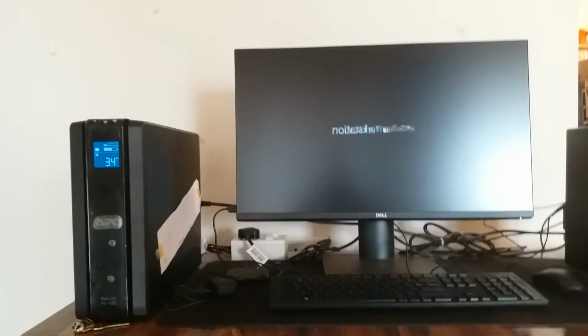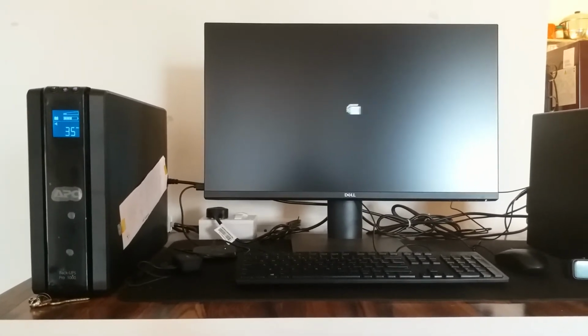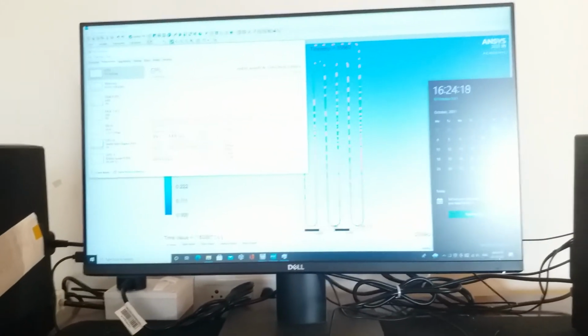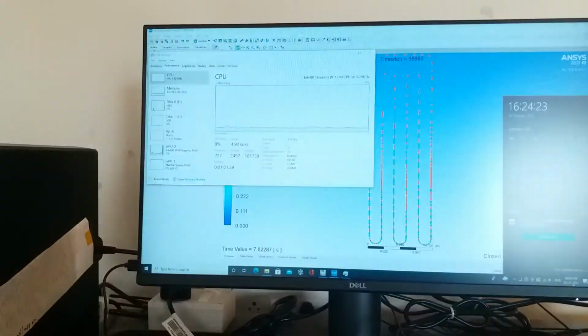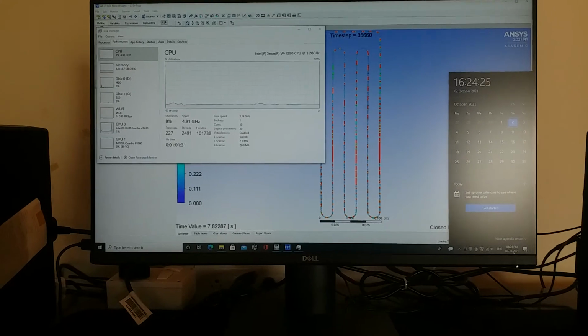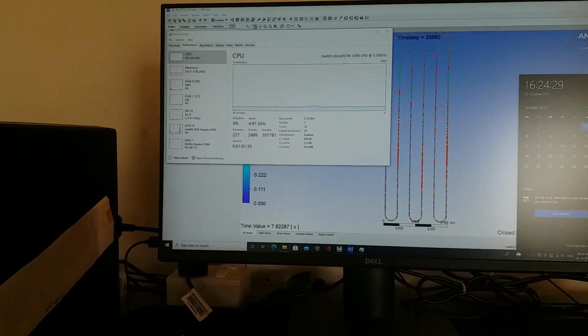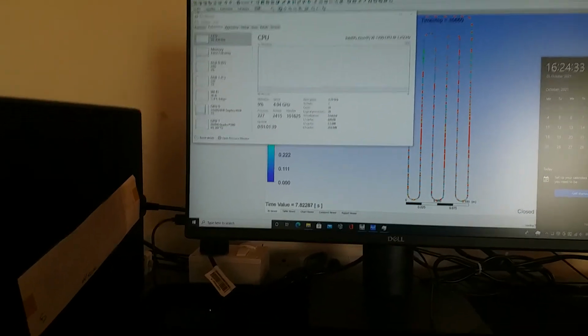Gradually you can see the backup time is reducing. So this is 16:24:20, the current time which we can see. CPU usage 9%, very less.